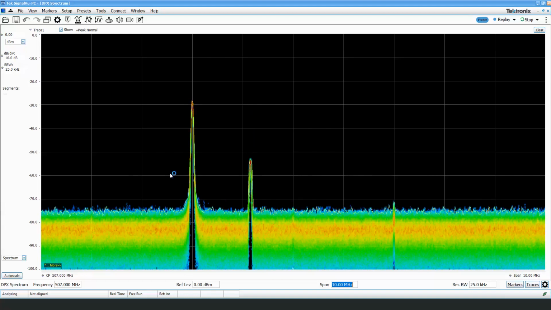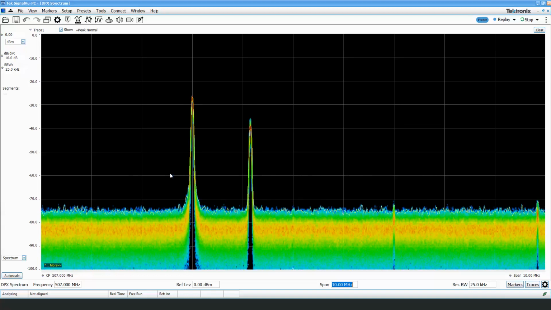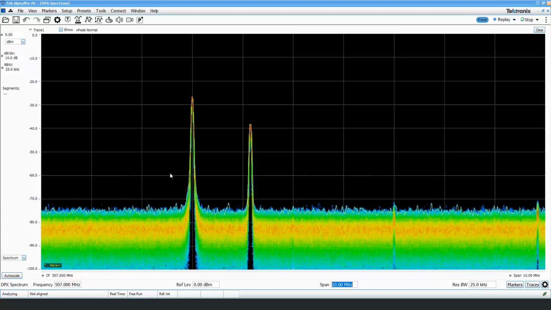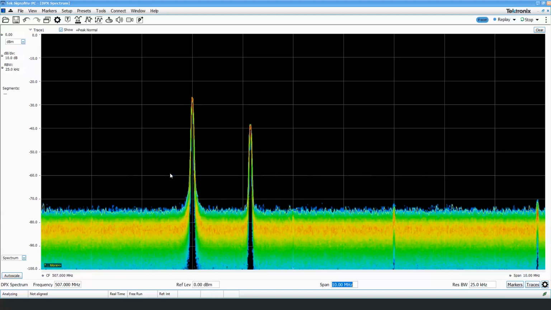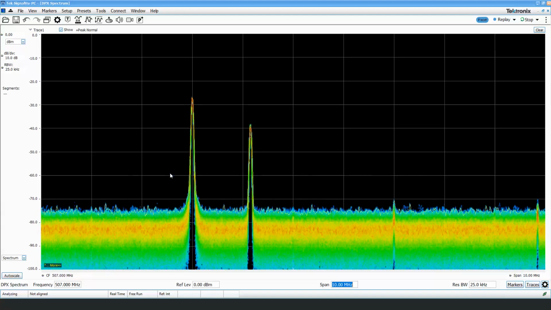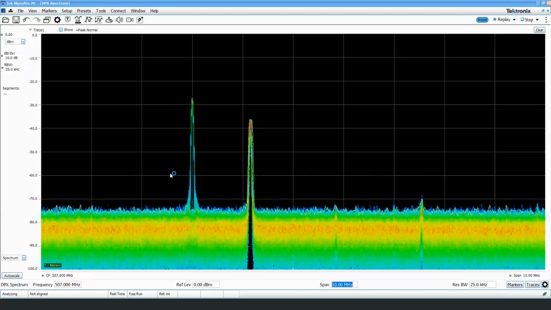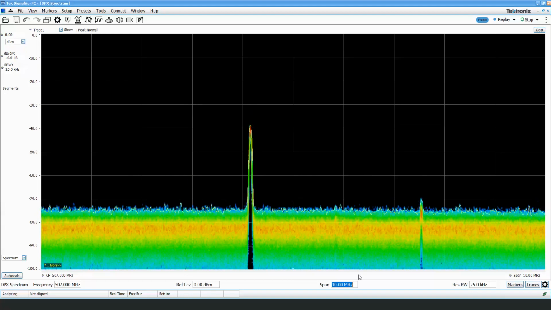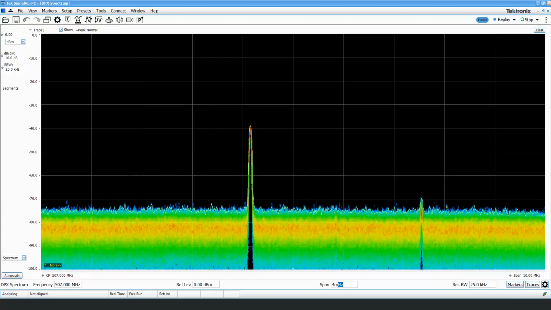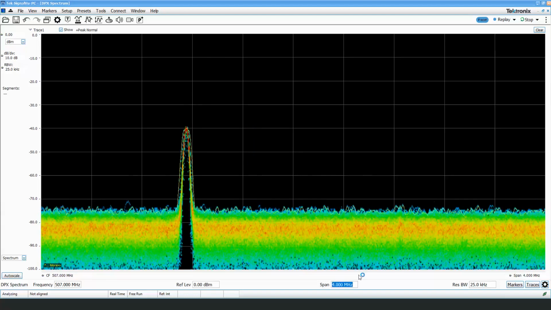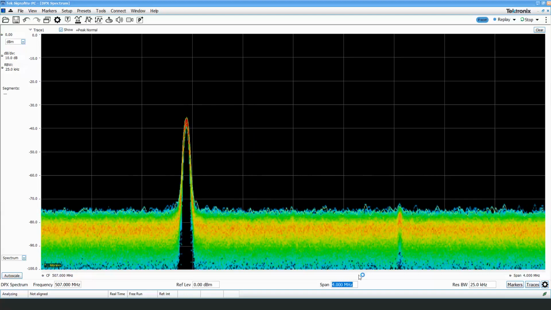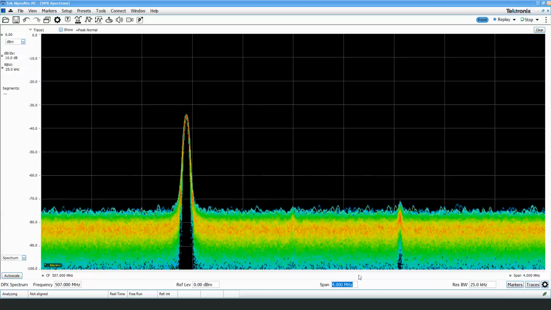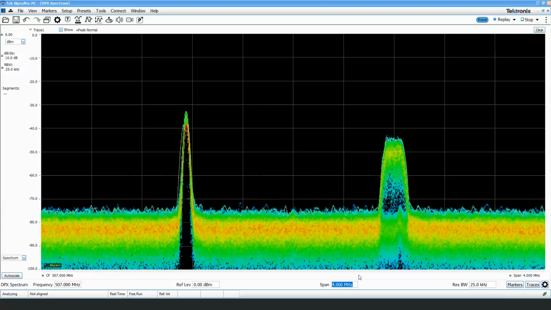The other thing I want to look at, and we're going to zoom in a little bit closer here, is the difference between an analog microphone and a digital microphone. So right now, this is an analog microphone that I have in my hand here, and I'm going to zoom in on it a little bit so we can see the carrier a little bit closer. And then I also have a digital microphone, a digital handheld. And we can see it pop up there as far as its signal.